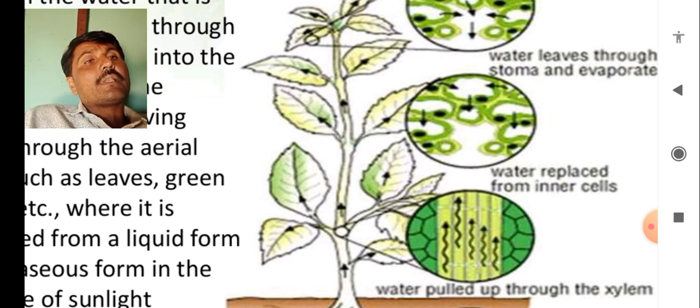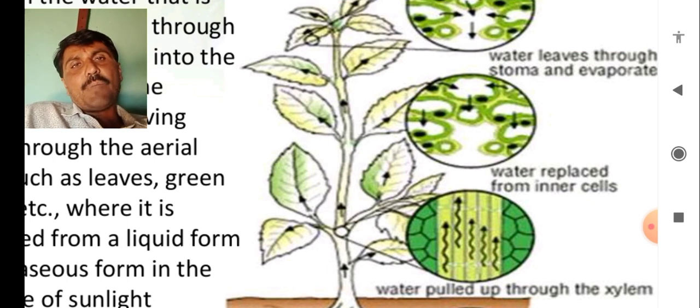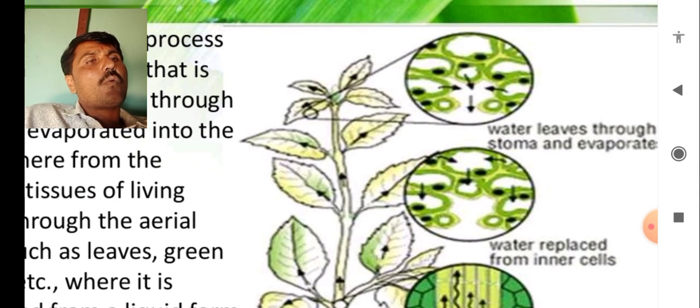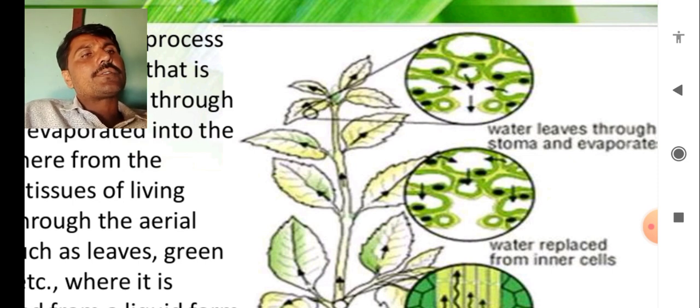Now, this water is replaced by the inner cells. It might be replaced by the cytoplasmic content or might be the cell wall. Whereas water leaves through the stomata and evaporates. See, these are the stomata of the leaves, which are in the epidermal part of the plant, and the water contained is released or evaporates